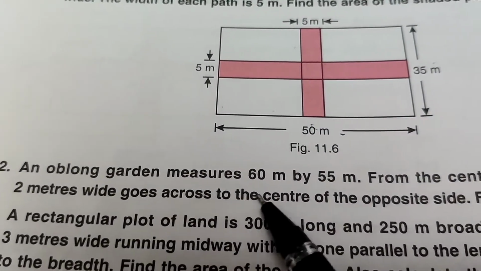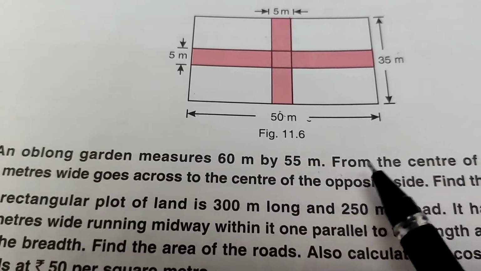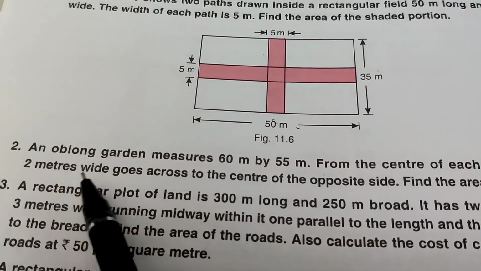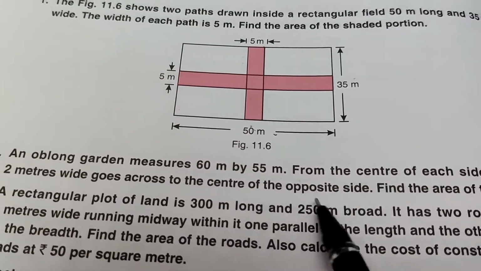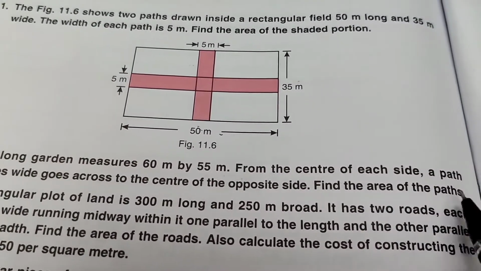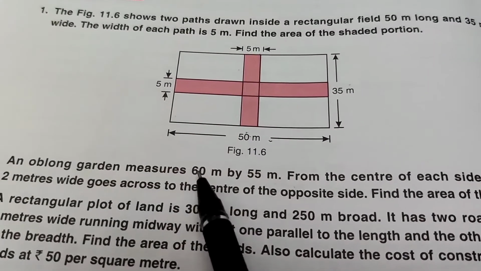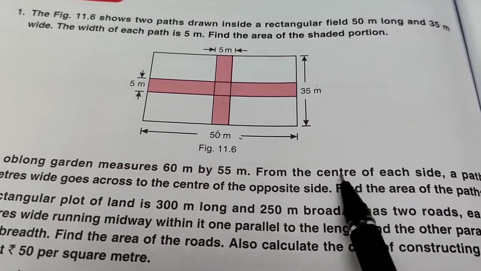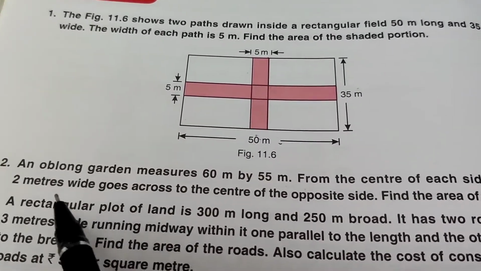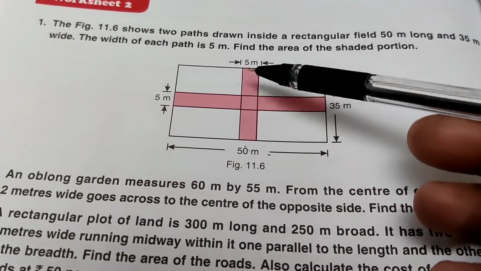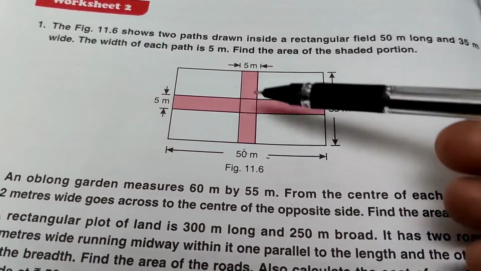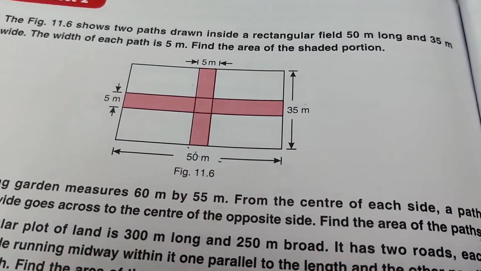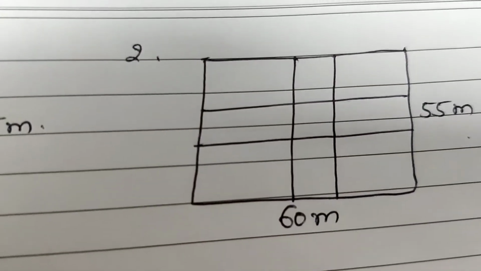Question number 2. An oblong garden measures 60 meter by 55 meter. From the center of each side, a path 2 meters wide goes across to the center of the opposite side. Find the area of the paths. The garden has length 60 meter, breadth 55 meter. From the center, a path 2 meter wide. Same question. Find the area of the path. The same question